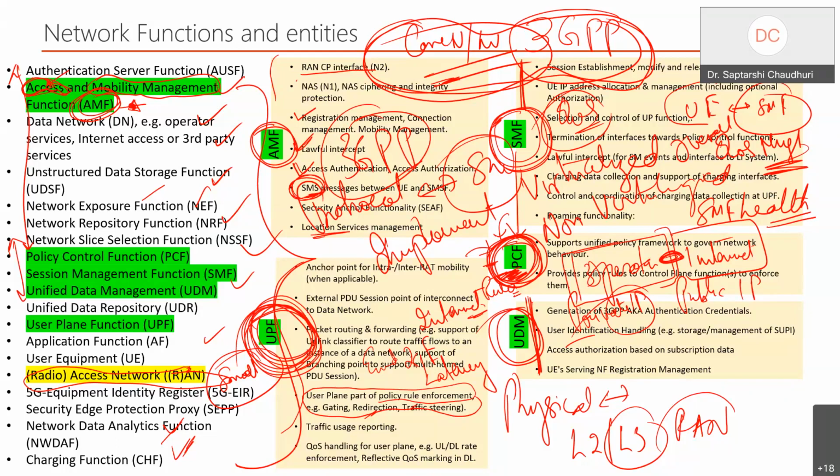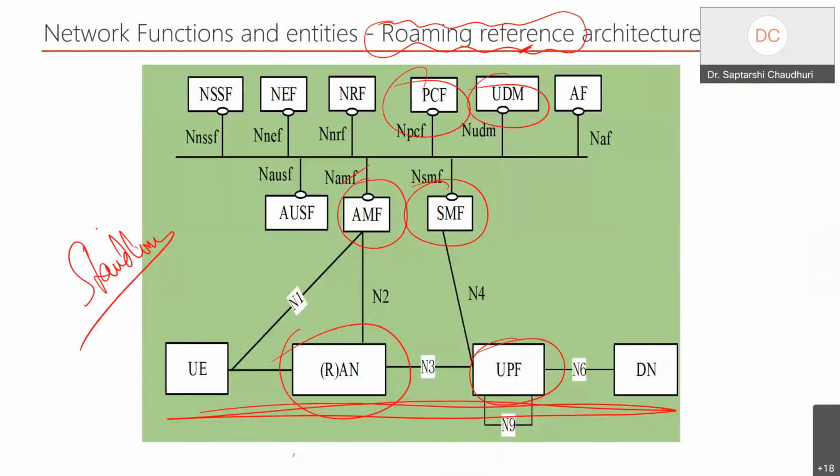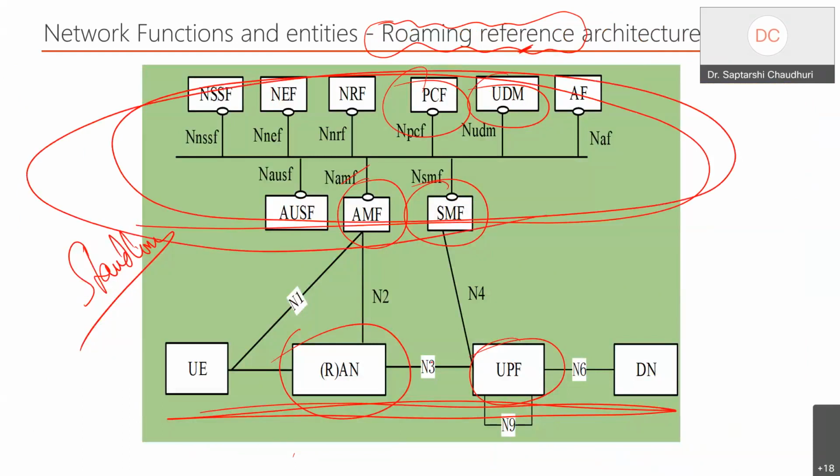So when we say a network, from the hierarchy point of view, the core network is at the top of the entity, and down below is the RAN. This is the domain where the vision of the network has to be laid down first, and only then can we work in the RAN. So this is where the vision of the network starts: how I design my core network to talk to, say, thousands and lakhs of base stations. Millions, 400 million subscribers have to talk. I have to talk with, say, 300,000 of my base stations.